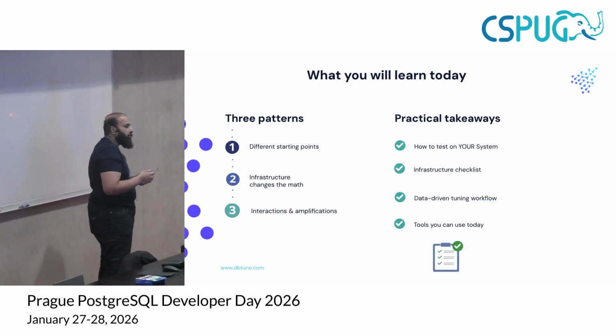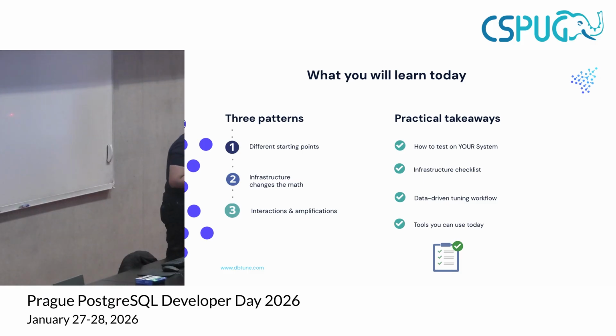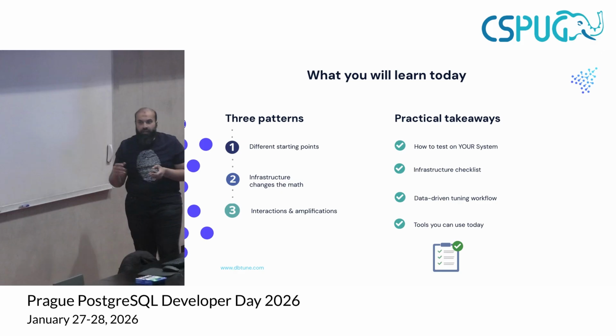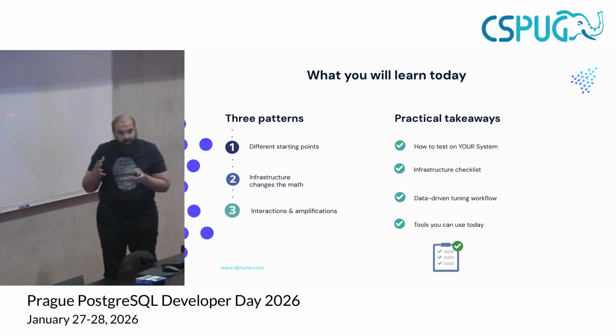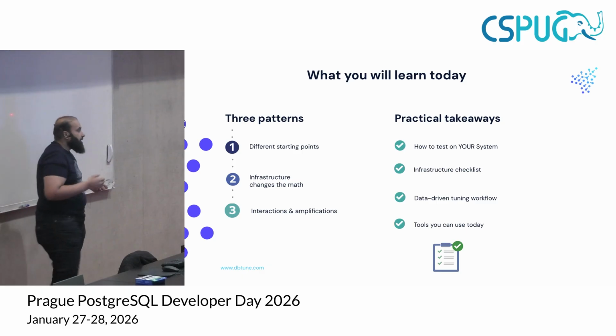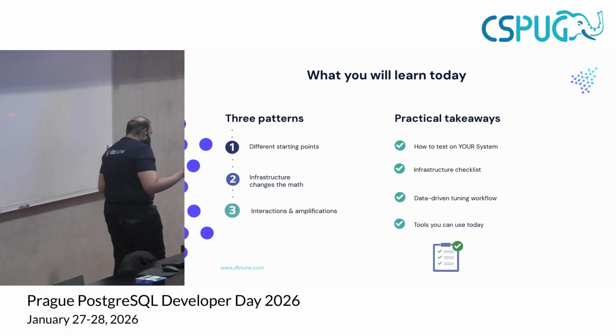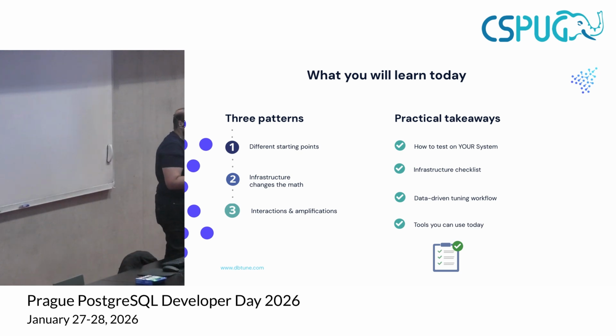Second is that infrastructure changes the math. This is the section where I'm going to discuss things like storage, compute, and caching, and what happens to the tuning recommendation you are following when those change. And the third is related to interaction and amplification. This is an interesting section. This is basically when